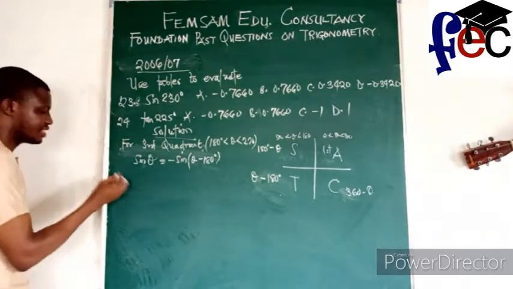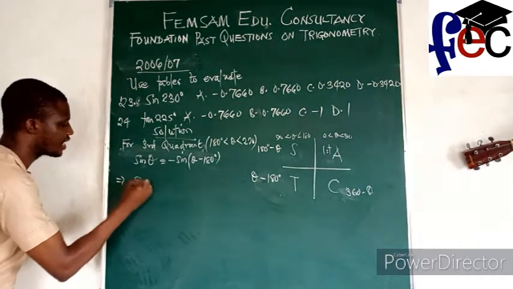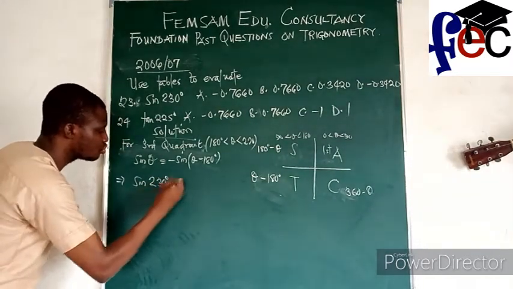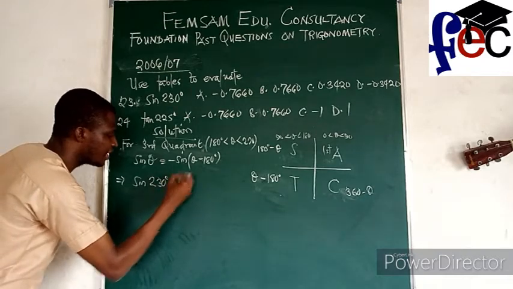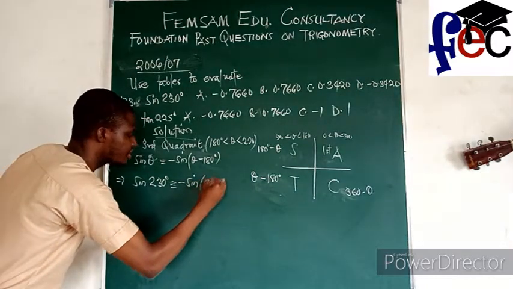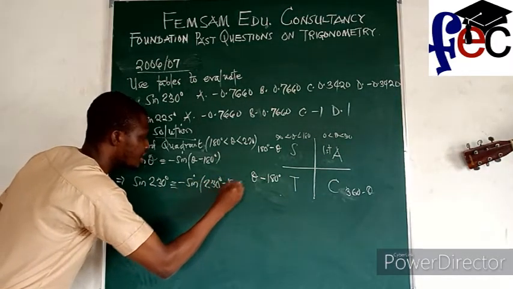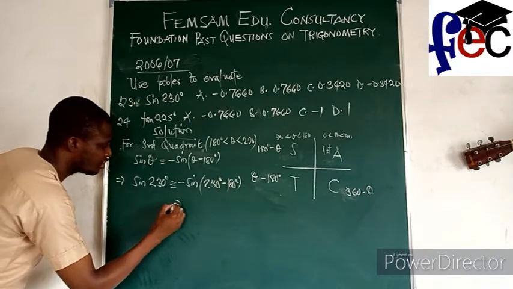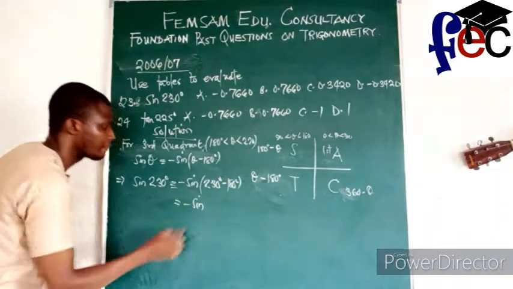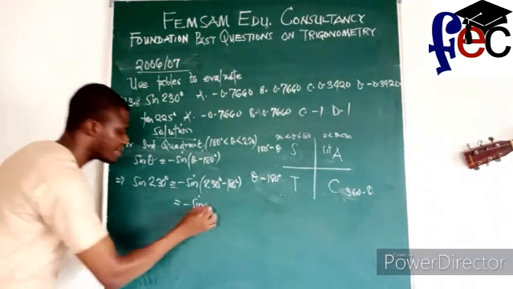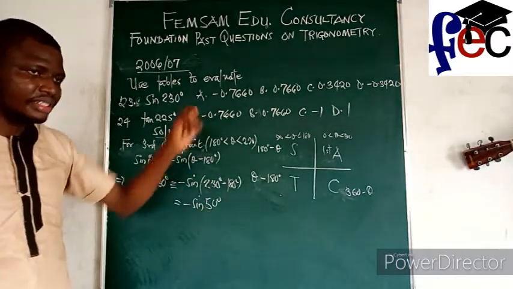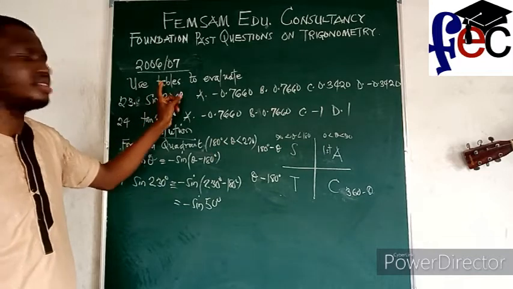Alright, so in this case now, this implies that my sine 230 degrees will be equivalent to what? Minus sine 230 degrees minus 180 degrees. And that's going to give me what? This one will now be equal to what? Sine. What is 230 degrees minus 180 degrees? That's 50 degrees. So you can see that angle 50 degrees is going to be available in the statistical table